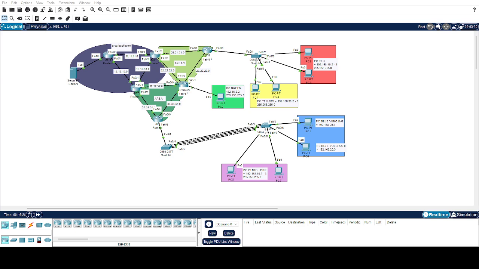These links let routers communicate between areas and forward data across the network.